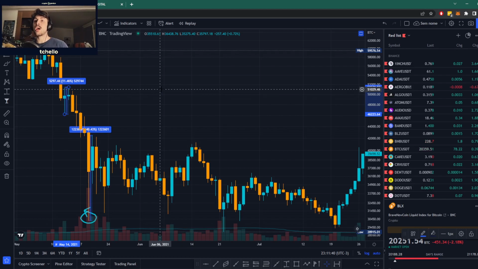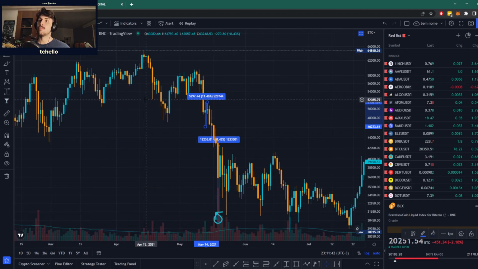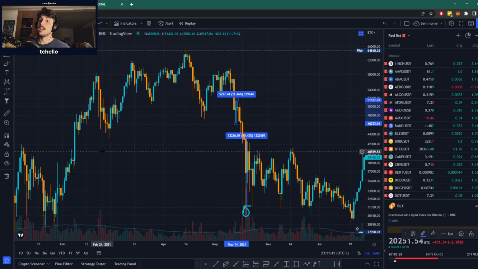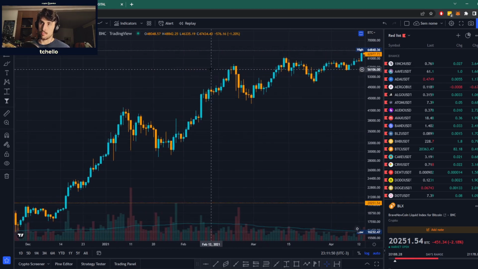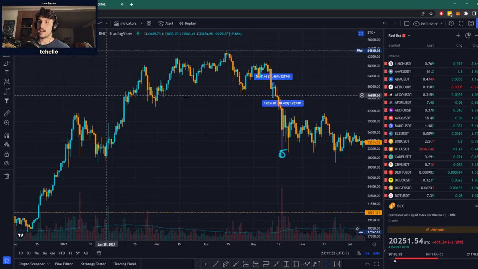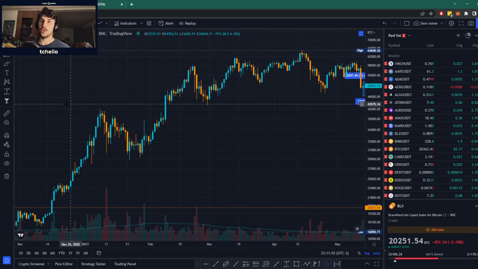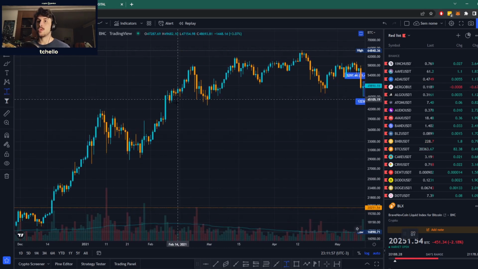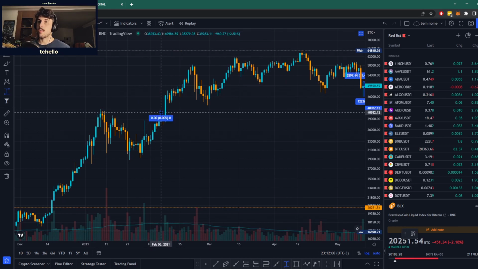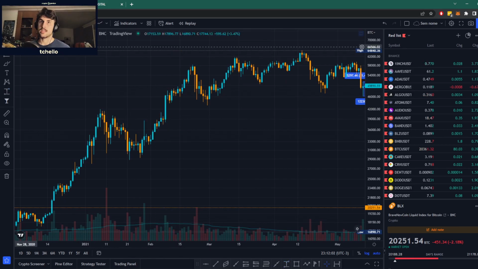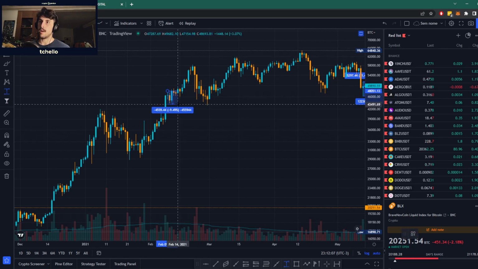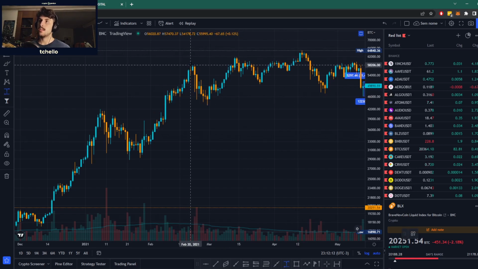This represents the stopping of a downtrend in the case of an accumulation, and the stop of an uptrend in the case of distribution. We can look at the distribution example we had back at the start of 2021. When we were going up, we usually saw minor corrections. From here to here we have maybe 8%, and from here to here a minor correction, maybe 10%. And then suddenly, in just 4 or 5 days, we go down 26%.